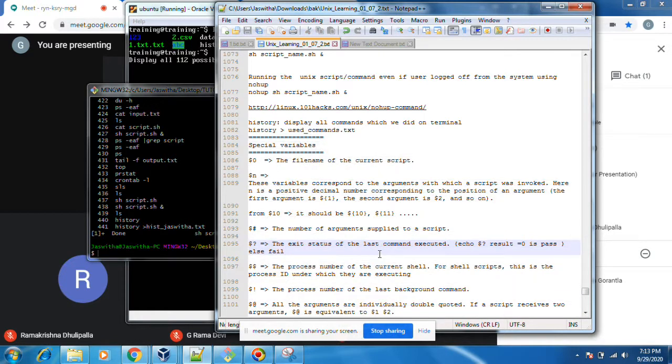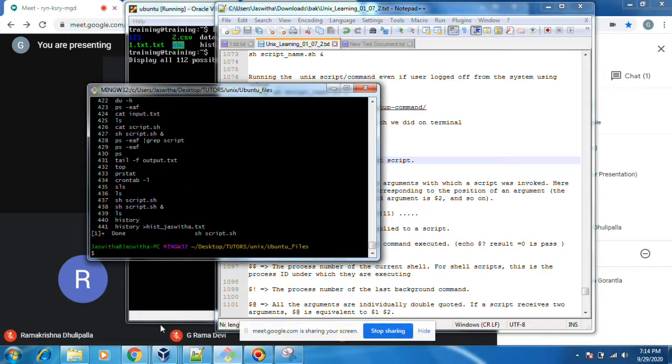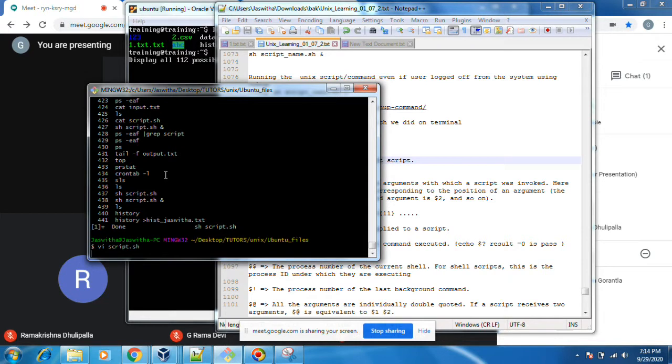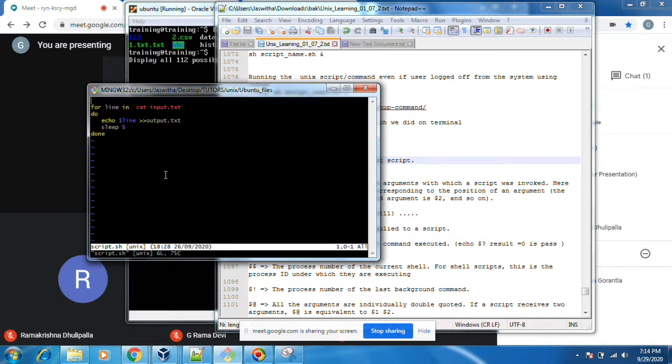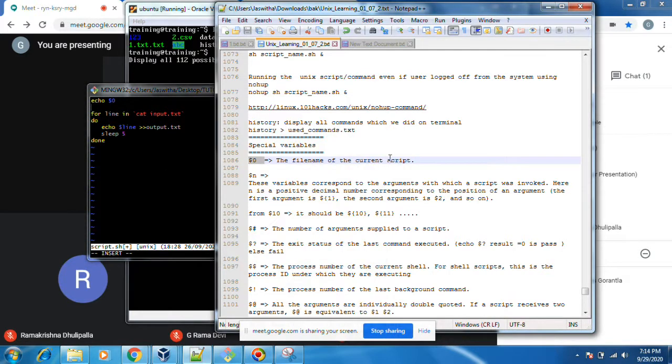While running a shell script, $0 is the file name. $0 means it will display the file name of the current script.